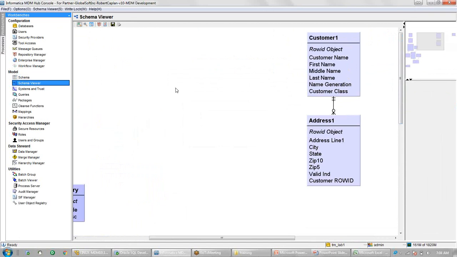One more thing: you changed the name to customer name there. Yes, correct. So where does it display that? That will display on the IDD side, not here. It is for the external application, IDD, Informatica Data Director.